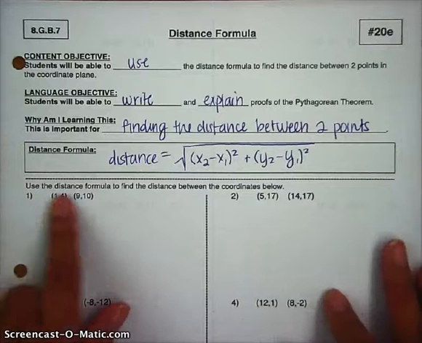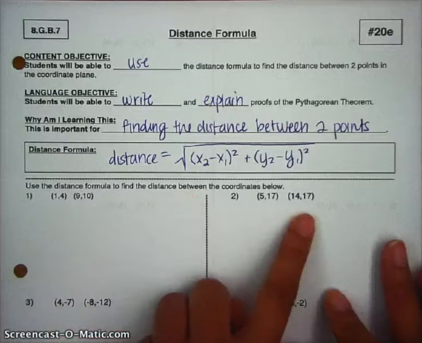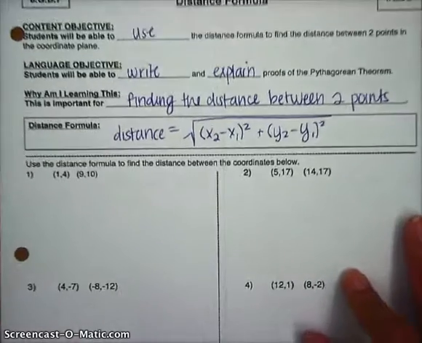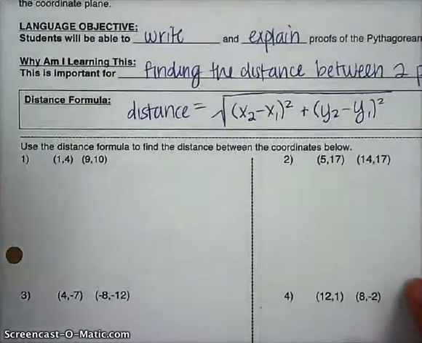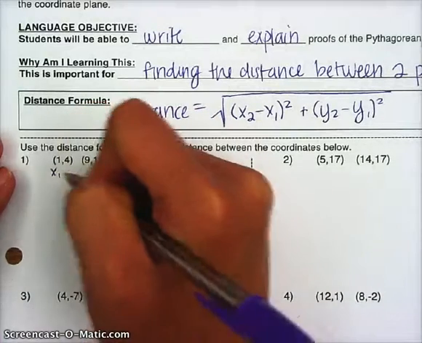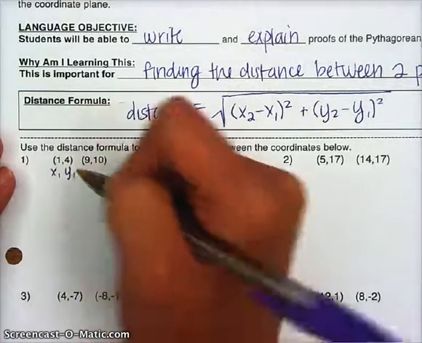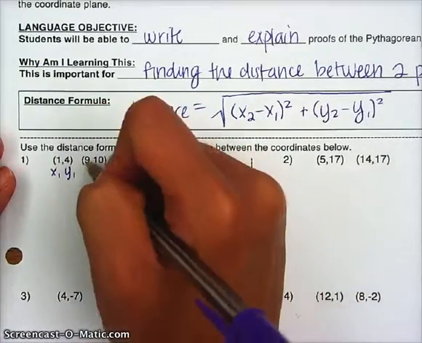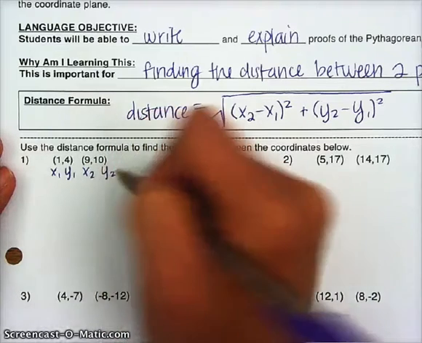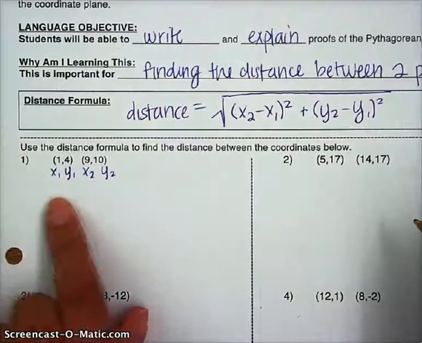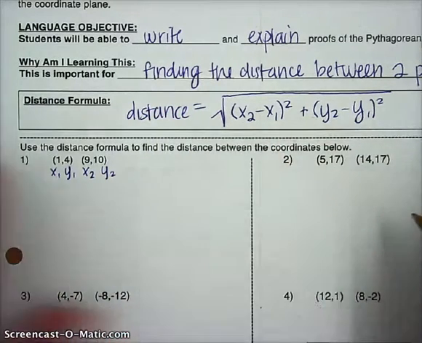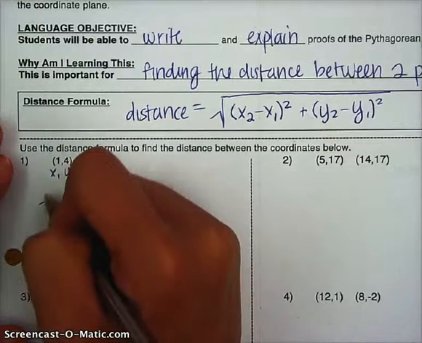It says use the distance formula to find the distance between the coordinates below. So in order to use the distance formula, I'm going to need to first identify the different coordinates. So I'm going to call one x sub 1 and I'm going to call 4 y sub 1. Therefore, I'm going to call the 9 x sub 2 and the 10 y sub 2. Now that I know these values, all I'm going to have to do is plug it into the formula I was given. So I'm going to go ahead and take the square root of